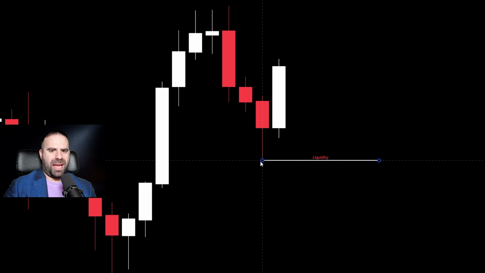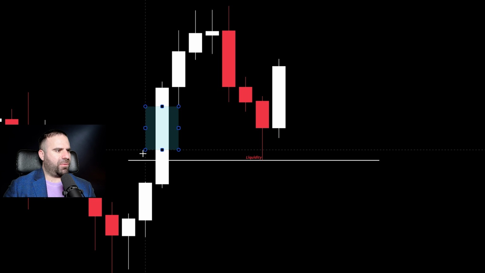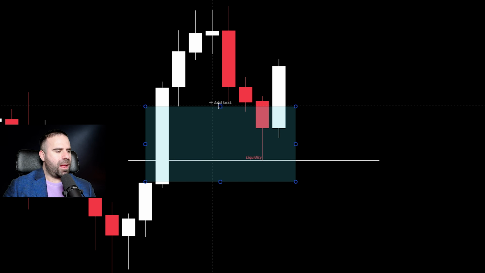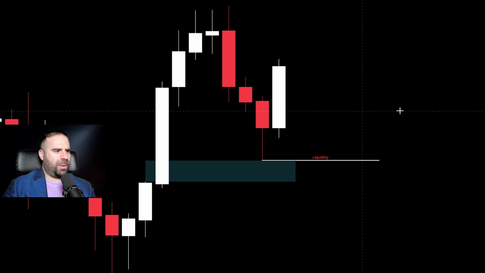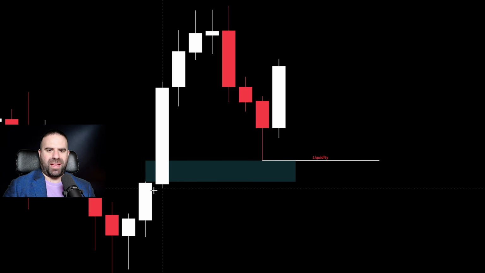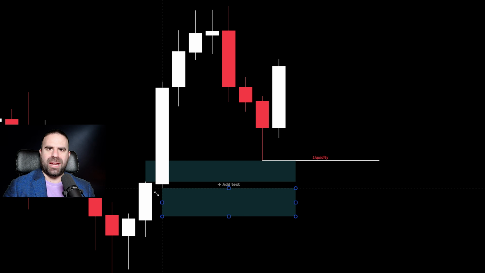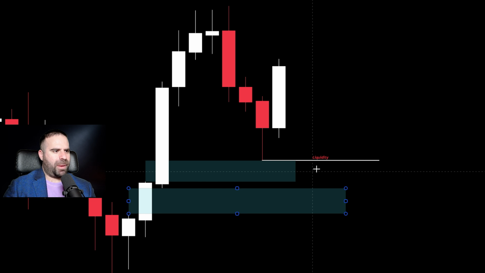If I take this line and I extend it to the left, you will see that from this whole fair value gap right here that we had, it has been tested until here, and it has left an area that is untested, which is from this wick until this high. Very good. So we have one fair value gap here, and we also do have a second fair value gap, which is this fair value gap exactly right here. Very nice. What am I gonna be doing?